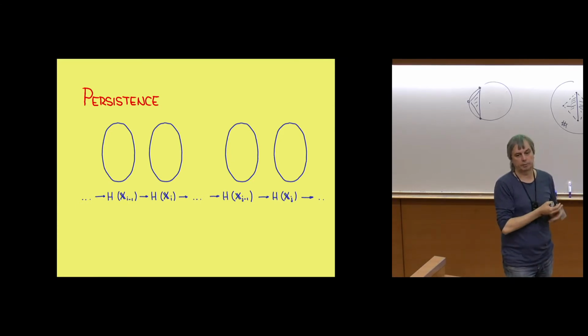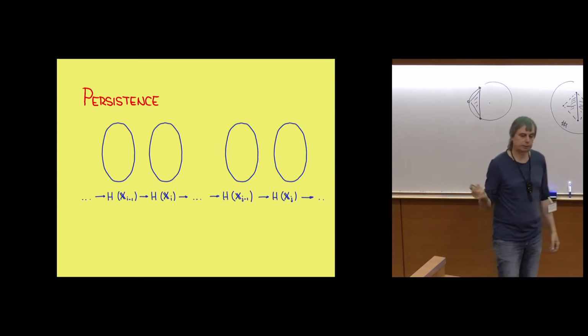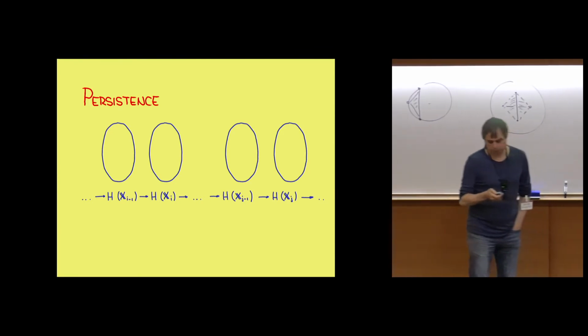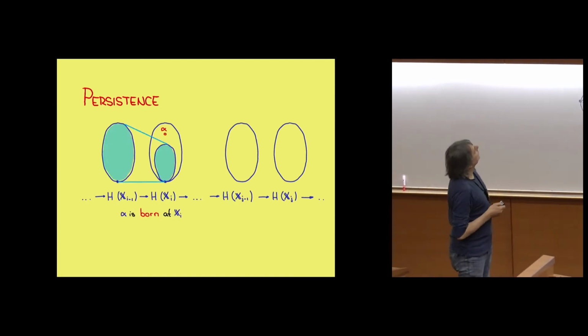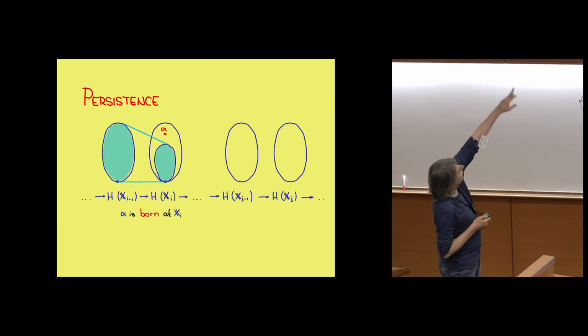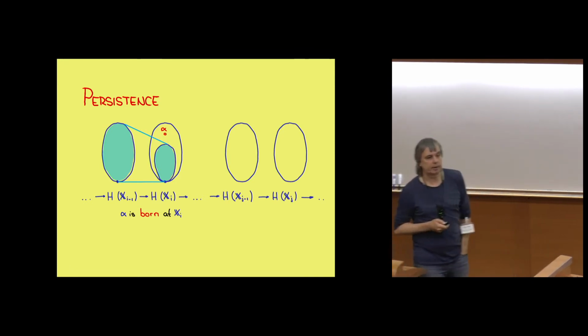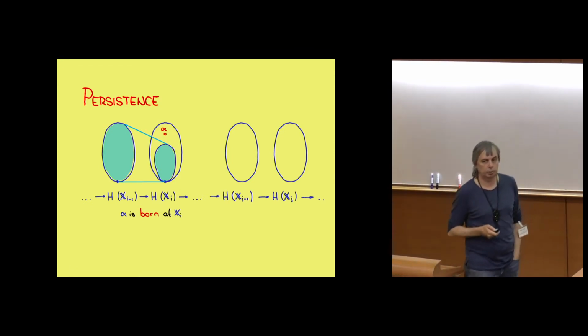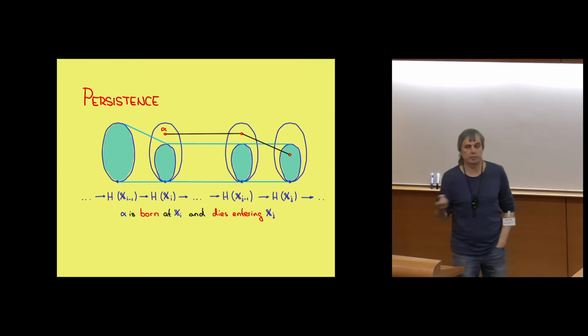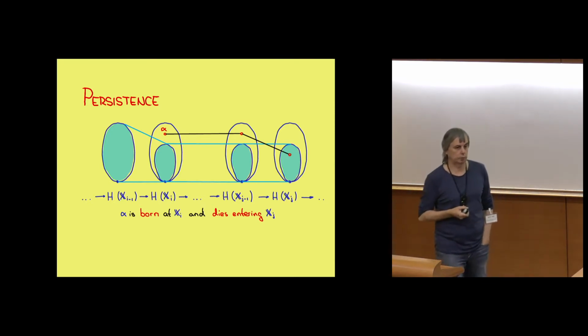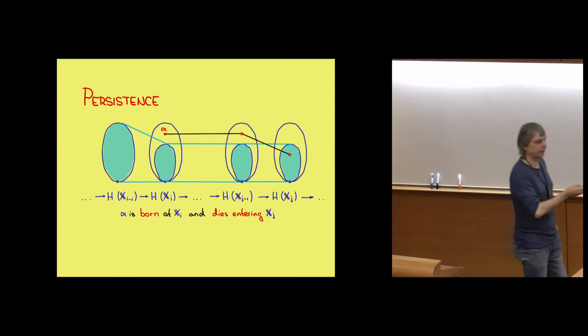But it could be trivial now, because it could actually be that I have a loop here, but now the loop becomes trivial because I include the membrane, or I triangulate it. In which case, the image is the zero group in the next homology group. Okay, so these are linear maps. And within these linear maps, I can define when a cycle alpha is born, namely when it's not in the image of the previous homology group. And it dies when eventually its image merges into the image of the same previous group. Okay, so that's the definition of birth and death.